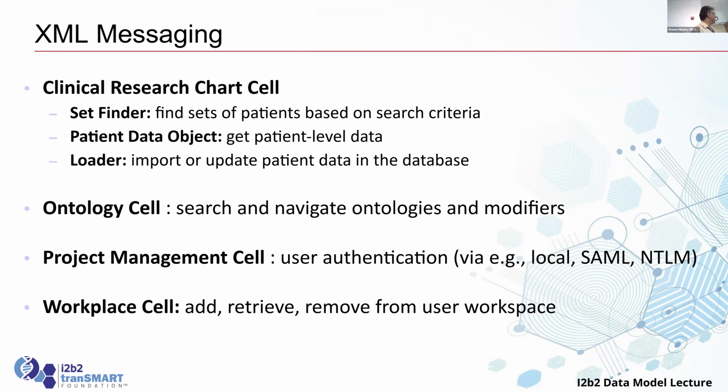The ontology cell, which Jeff was talking a lot about, queries the ontology, the metadata, and returns that. The project management cell, like I said, is for user authentication. You can either authenticate locally through i2b2, but most people do SAML or NTLM, which are the most common ones. And as Jeff talked about yesterday, the new admin tool makes it a lot easier for the NTLM. It was really a pain. You had to do 3 columns every time. And then the workplace cell is